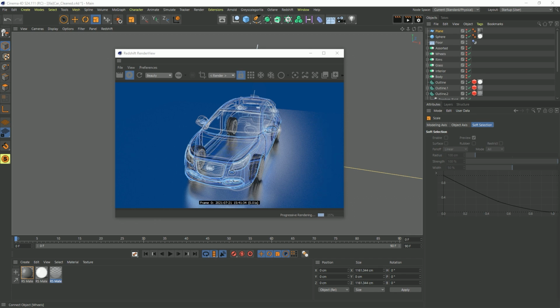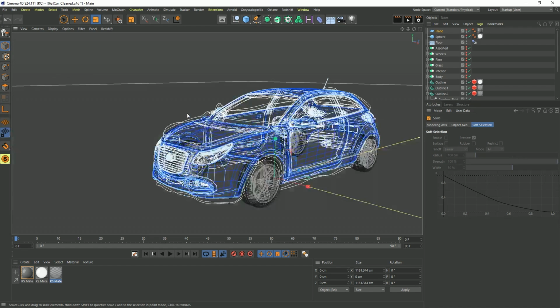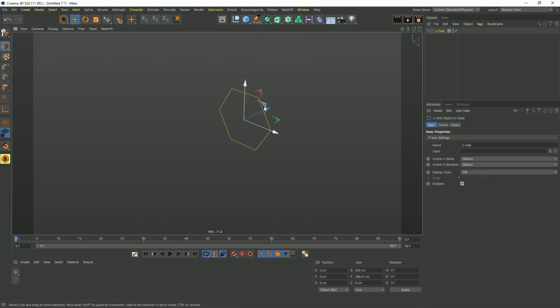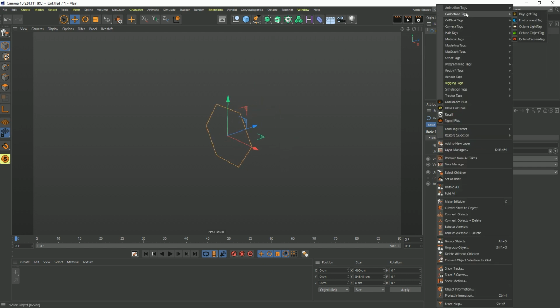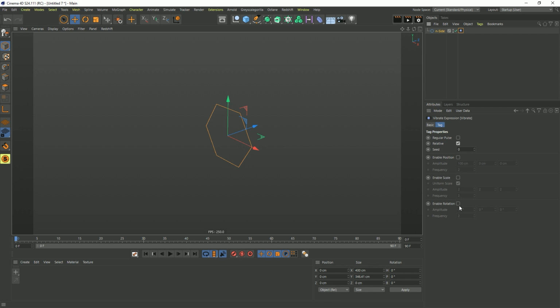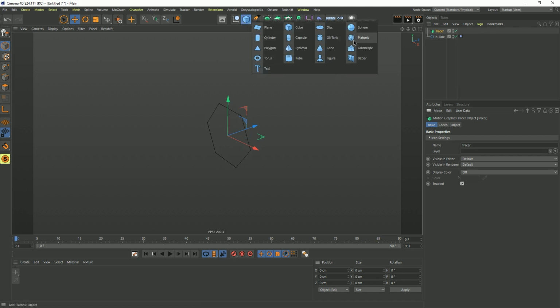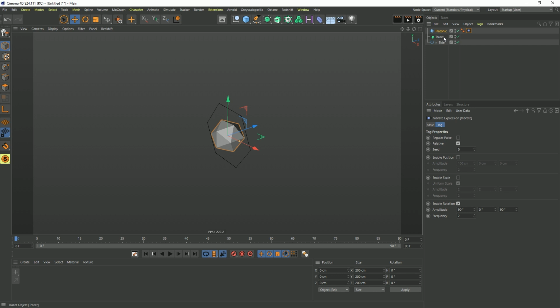Can you? Yeah, you could totally use Mesh to Spline to outline text that is made by a Ricochet plugin. Can you use tracer with it? It depends what you mean by use tracer with it, because the tracer by itself, well, actually, as a question, does a tracer follow a spline? I don't know. So here is a regular Cinema object. I will add a vibrate tag on there with some 90, 90, 90 rotation. And if I feed that into a tracer object, does it trace it? Yes, it does. So if that is tracing it, then if we create a whatever shape and make that shape be moving,